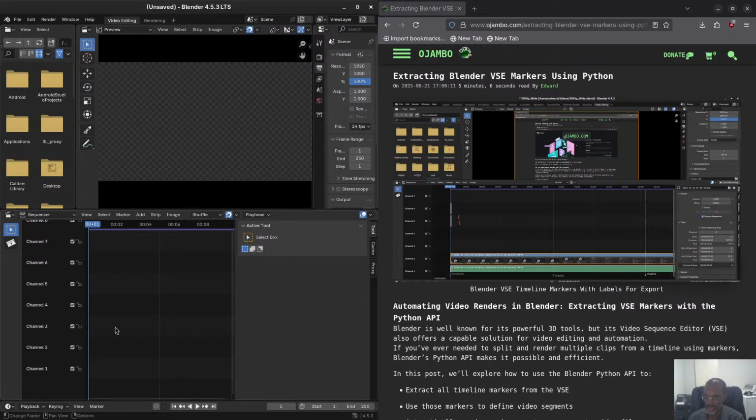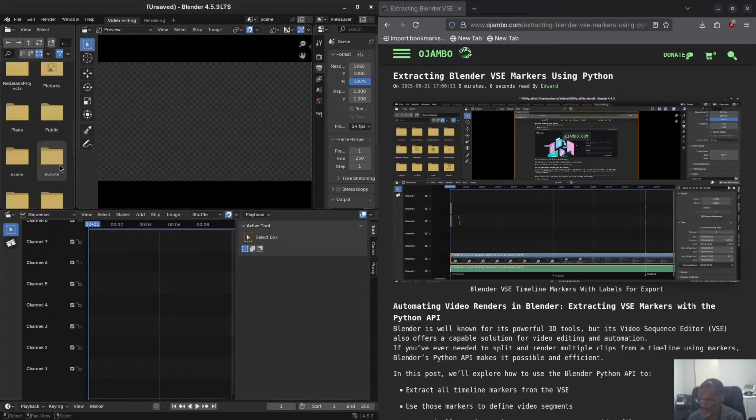When you drag in, you can drag and drop, or you go to Add. You see Movie. It will automatically, see it says 24 frames per second. This will change depending on the first movie strip that you add. So for example, just to prove it to you here, I think I do have